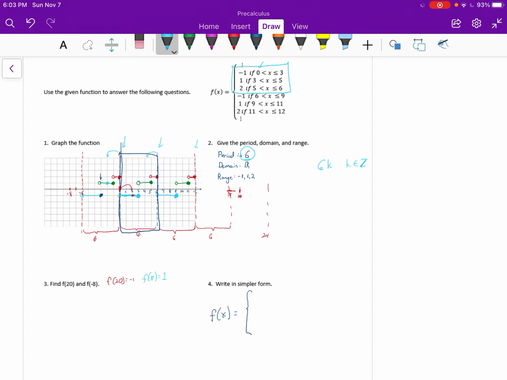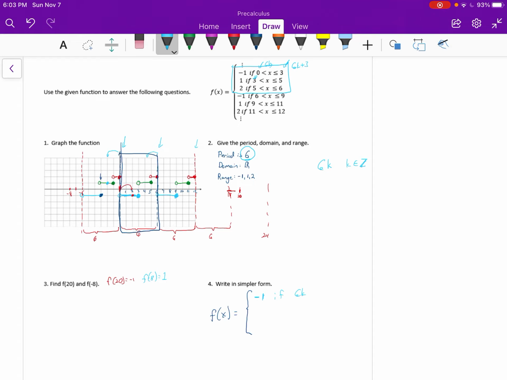Our 6k is going to represent that 0, because we want this 6k to equal 0. And then to get from 0 to 3, we add 3. So we're going to take that 6k and add 3. And so that's going to be our idea, where this function equals -1